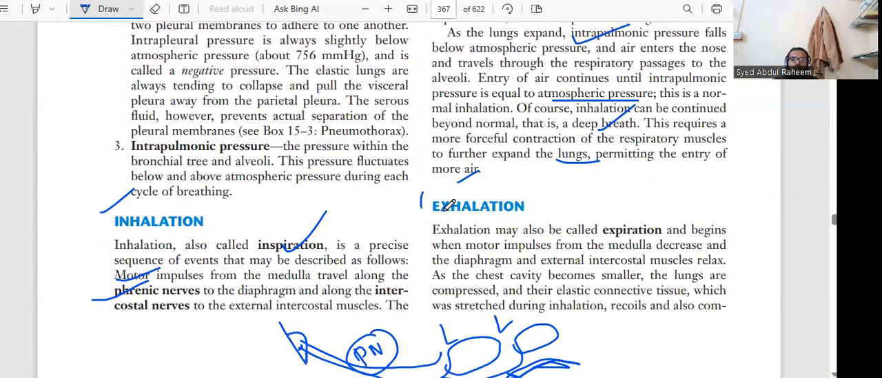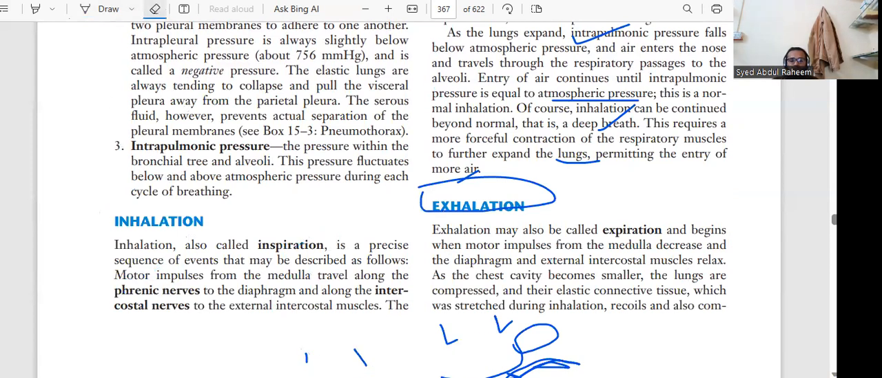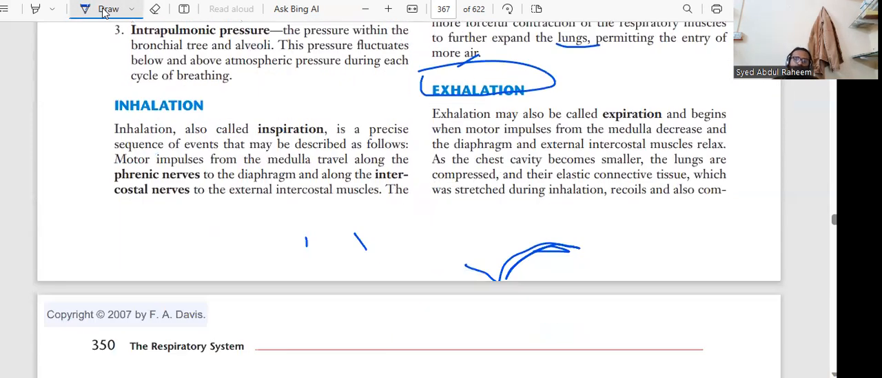Now we will talk about exhalation. It is the same process, but opposite to inhalation. We have the motor impulse from the medulla. The medulla oblongata in the brain causes the diaphragm and intercostal muscles to relax. The chest cavity becomes smaller and the lungs are compressed. Elastic connective tissue, which was stretched during inhalation, recoils,